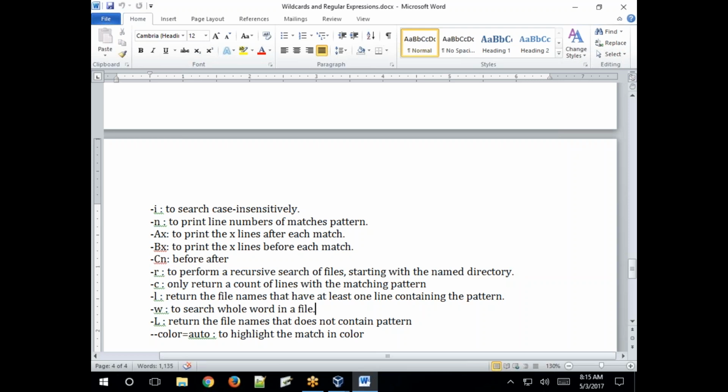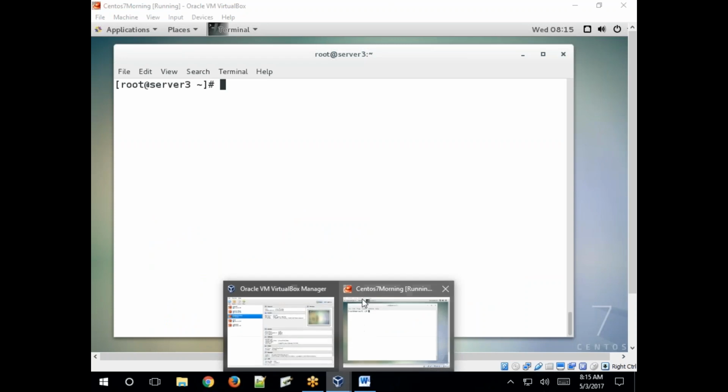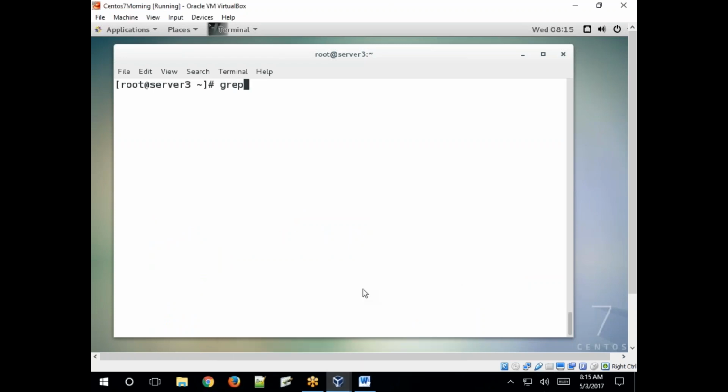It means if you specify any pattern, for example Linux, and you want to search in all the files in the current working directory or a specified directory, then you need to specify the option -r, to recursively search for this pattern inside the specified directory or current working directory.